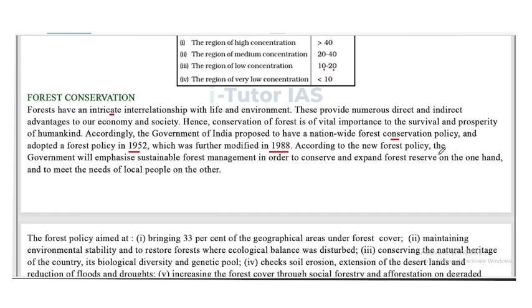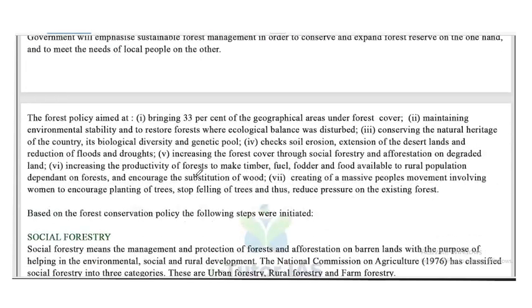According to the new forest policy, the government will emphasize sustainable forest management in order to conserve and expand forest reserve on the one hand and to meet the needs of local people on the other. Now, the forest policy aimed at bringing 33% of the geographic area under forest cover, maintaining environmental stability and restoring forests where the ecological balance was disturbed, then conserving the natural heritage of the country, its biological diversity